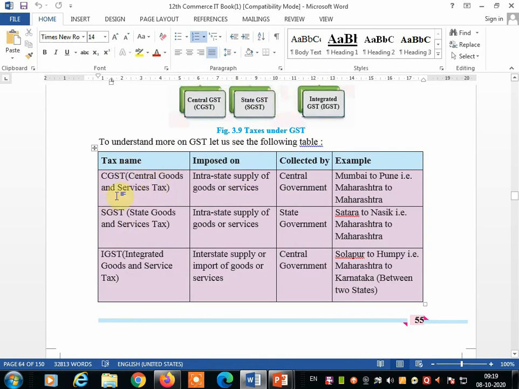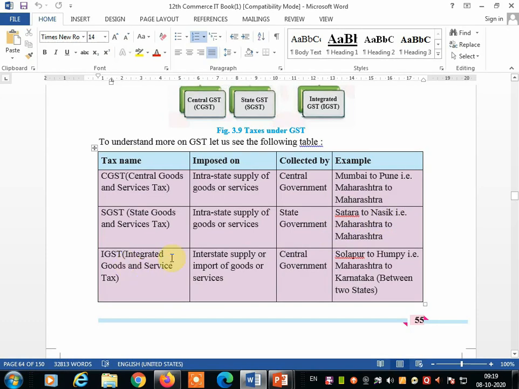To understand GST more, now look at the tax names. CGST means Central Goods and Services Tax. It is imposed on intrastate supply of goods or services and collected by the central government. Who is going to collect this? The central government. For example, Mumbai to Pune, that is Maharashtra to Maharashtra, as Mumbai and Pune are both in Maharashtra. Next, SGST, State Goods and Services Tax. This is on intrastate supply of goods or services, collected by the state government, for example Satara to Nasik, that is Maharashtra to Maharashtra.